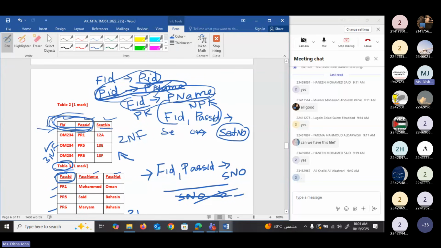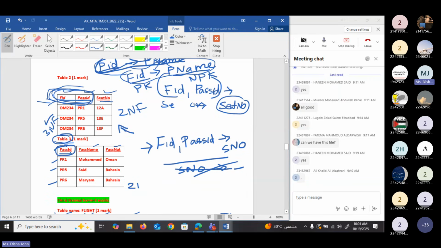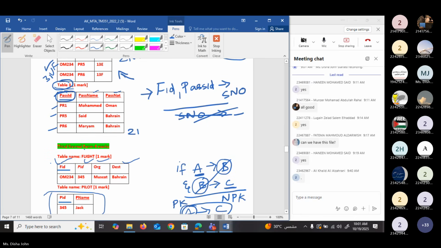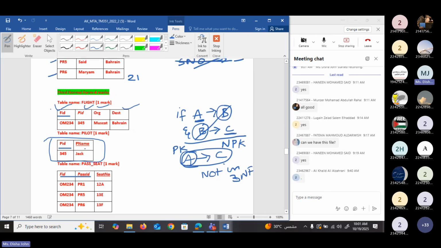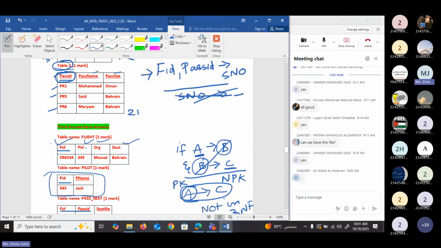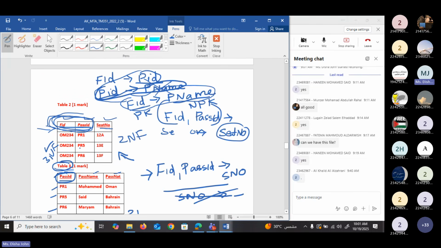Yes. Okay, now we are moving to the next table, that is passenger ID, passenger name, and passenger nationality. So can we make a transitive dependency here? Yes. Which one?